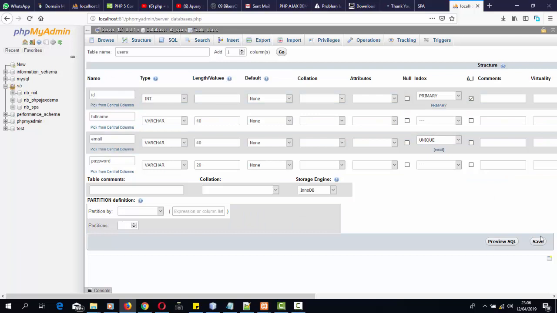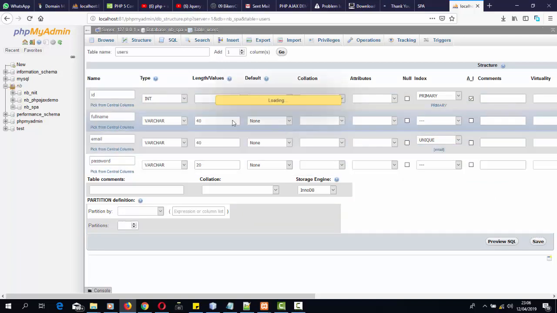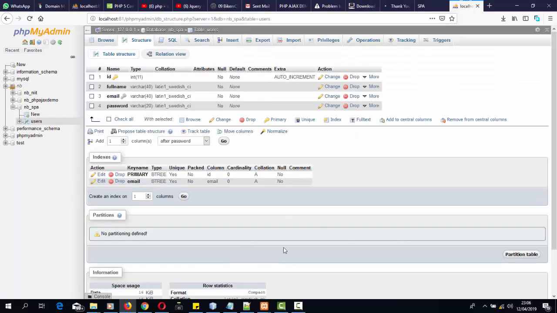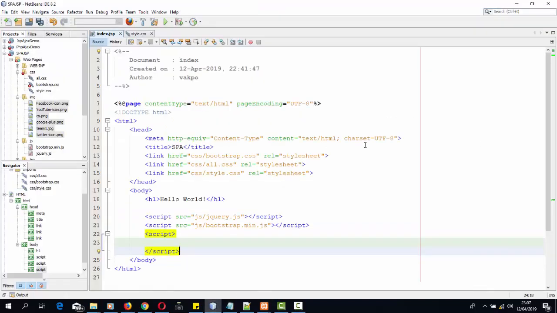We save it. Alright, we have a database. So let's get back to our NetBeans and do the rest from there. Alright, so ID, full name, email, password. Now